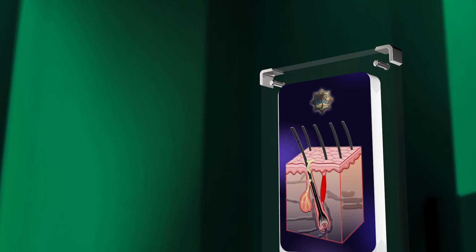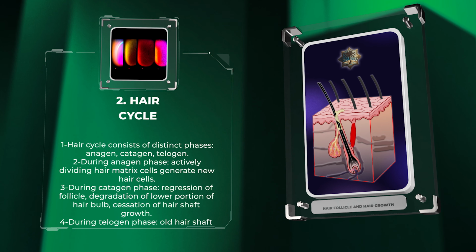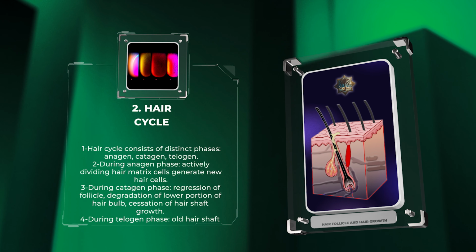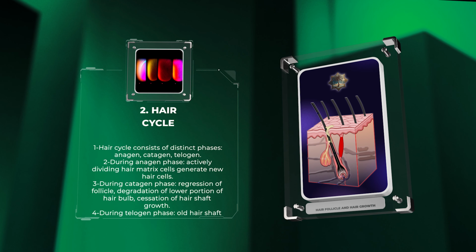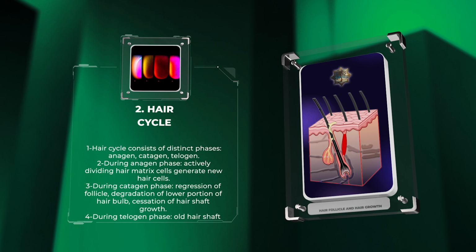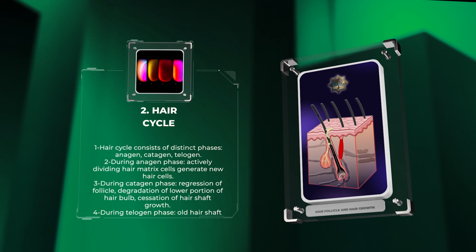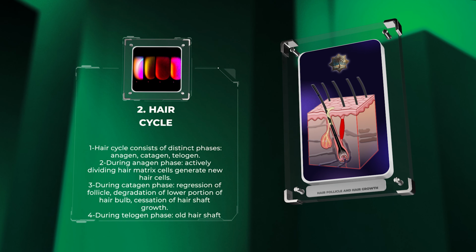The hair cycle consists of distinct phases: anagen, the growth phase; catagen, the regression phase; and telogen, the resting phase. During the anagen phase, the actively dividing hair matrix cells in the bulb generate new hair cells, which then undergo keratinization and elongation. The catagen phase marks the regression of the follicle, with the degradation of the lower portion of the hair bulb and cessation of hair shaft growth. Finally, during the telogen phase, the old hair shaft is shed, making room for a new hair to begin the